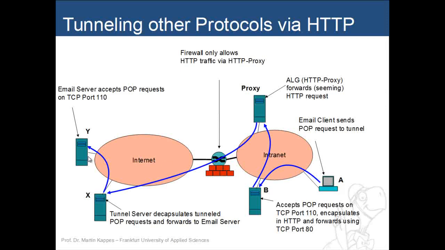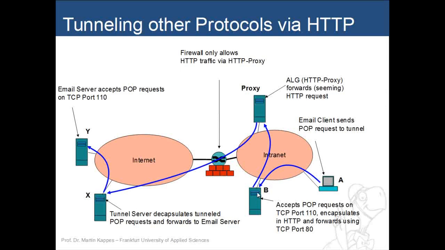contacting Y directly, when email needs to be fetched, A will actually contact B on the right port for POP, which in this case is 110. So as viewed from the email program running here on A, B is the email server. However, that's not quite the case. What B really is, is a tunnel server and provides a tunneling service that will take POP requests here on port 110, then